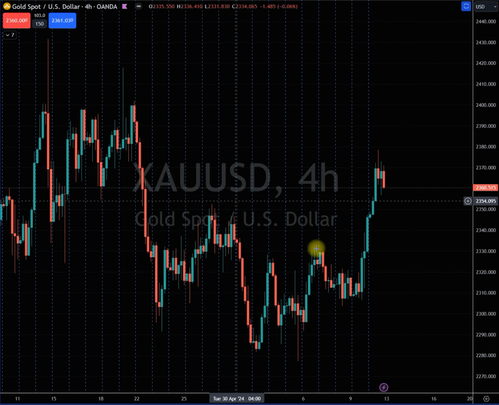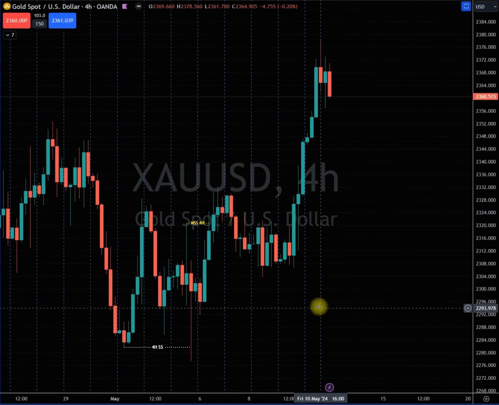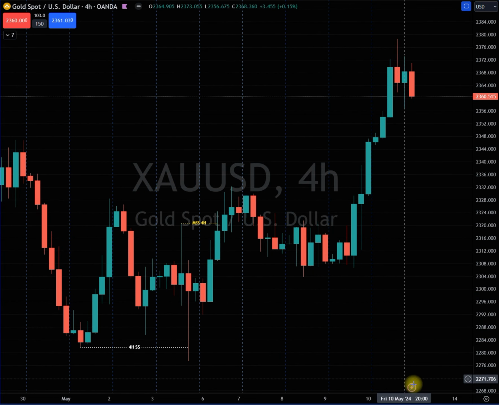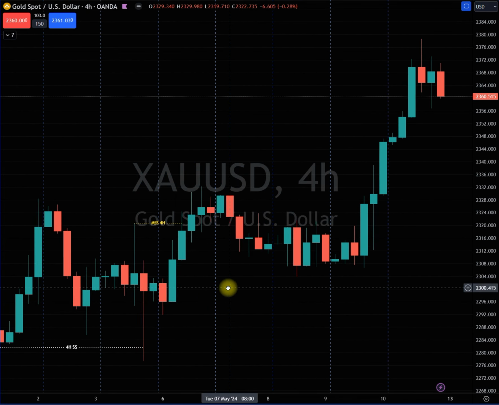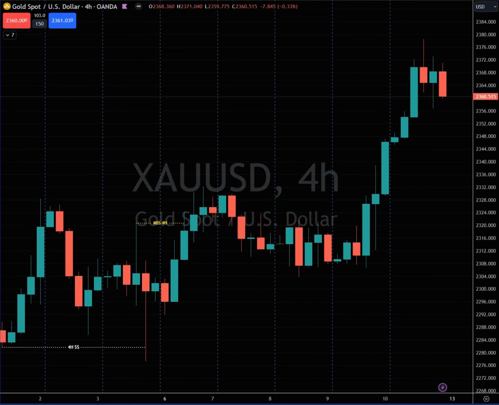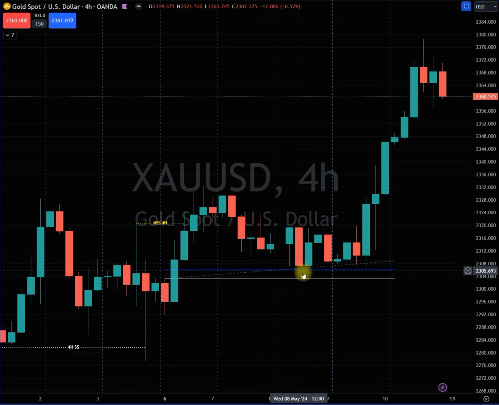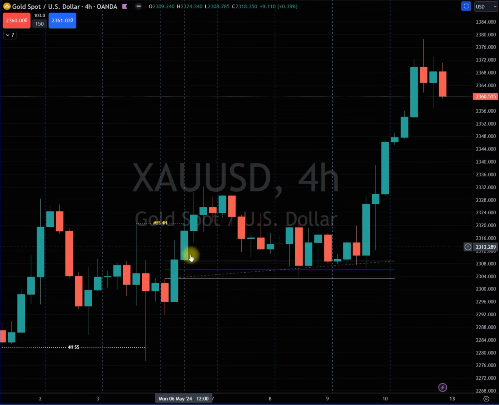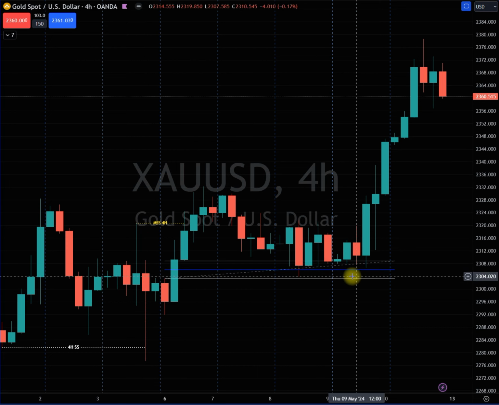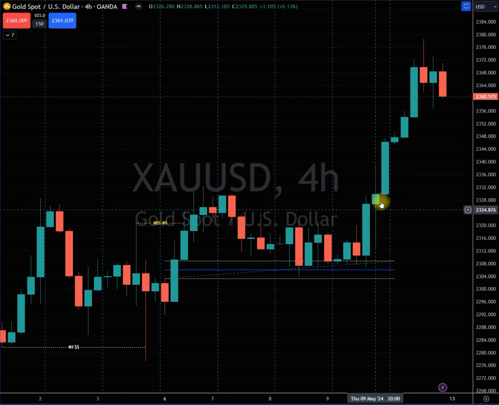On the way up, before that, price created a fair value gap when it broke this market structure, this high to the upside over here. Price then returned, retested this bullish fair value gap, and then got rejected from it and moved higher,